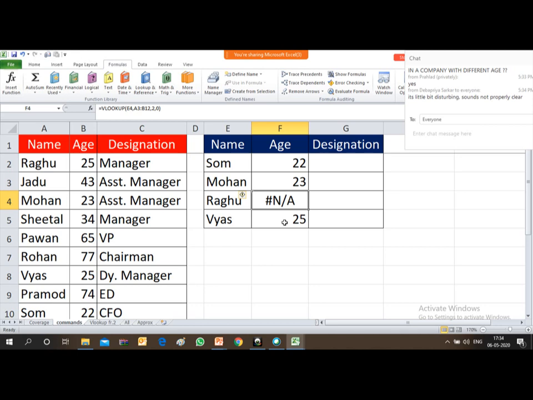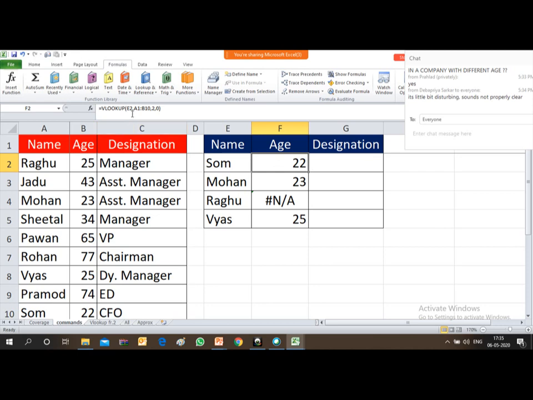So against Raghu, nothing is appearing. What is the reason behind this? Friends, if you see in the formula bar, let me just check first against SOM.